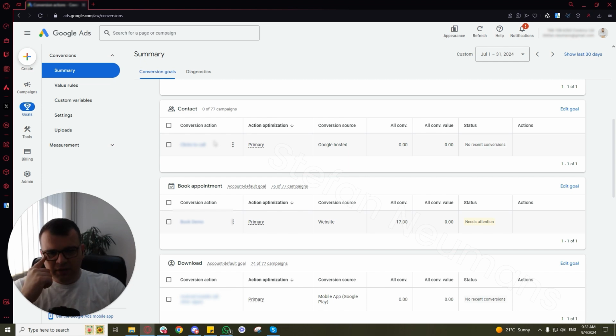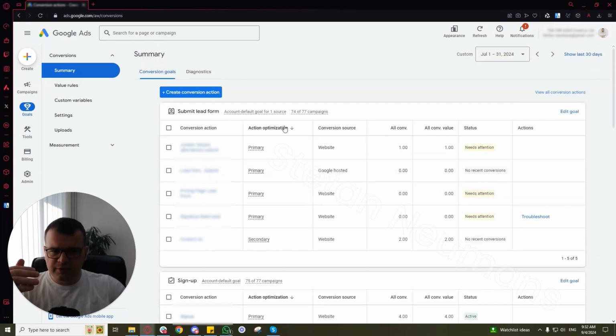Now, with this being said, how do you fix it? So you basically trim down the fat. You trim down everything that is unnecessary. That's the easy part, if you know how to set up conversion tracking properly. And then the second part, and this is a very important bit, is lead qualification. So you basically want to optimize initially for people who have booked a demo, but later down the line, you want to record